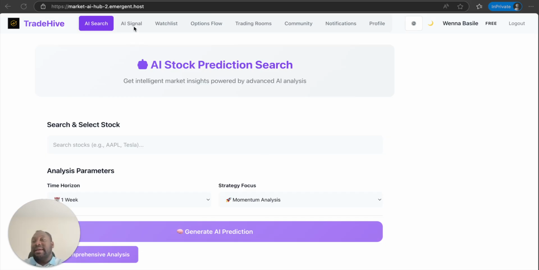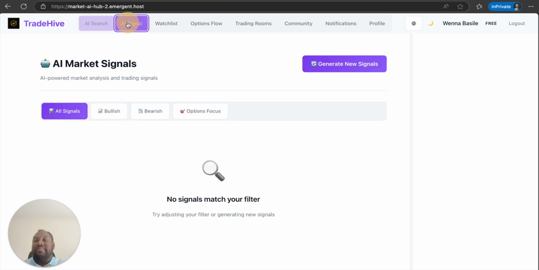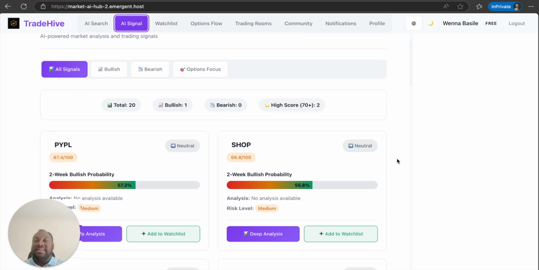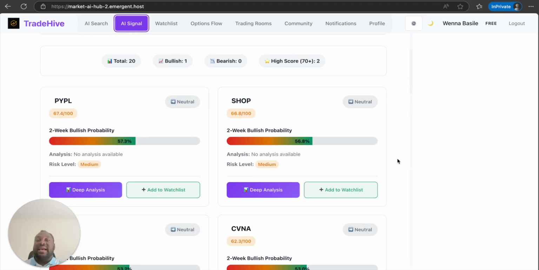The second tab is AI Signal. As you can see, I just click it and it gives me the signals of stocks that have a high probability of being bullish. It gave me a total of 20. Sometimes it can be more, sometimes it can be just one stock, if it can find one. And if I click on